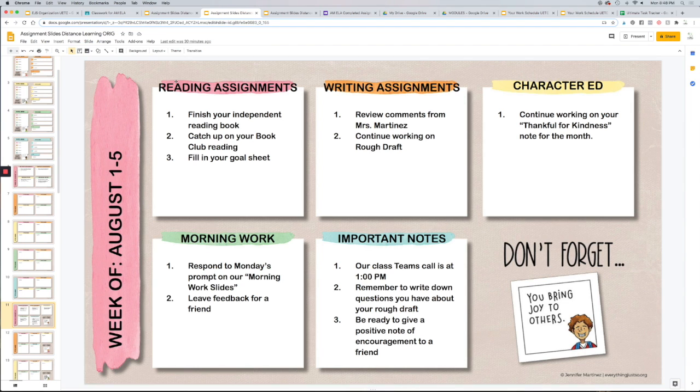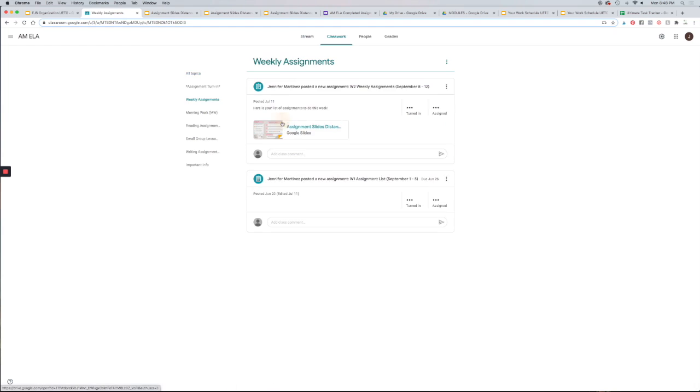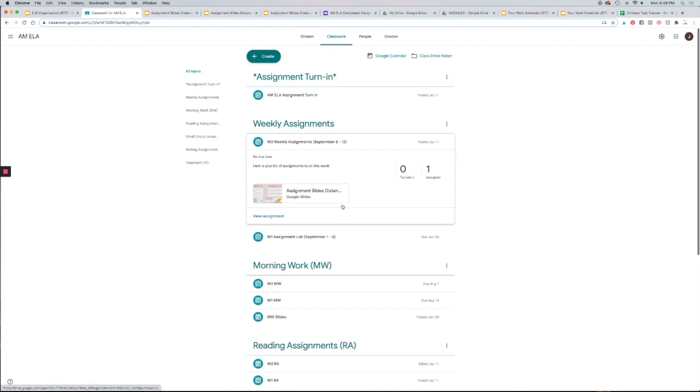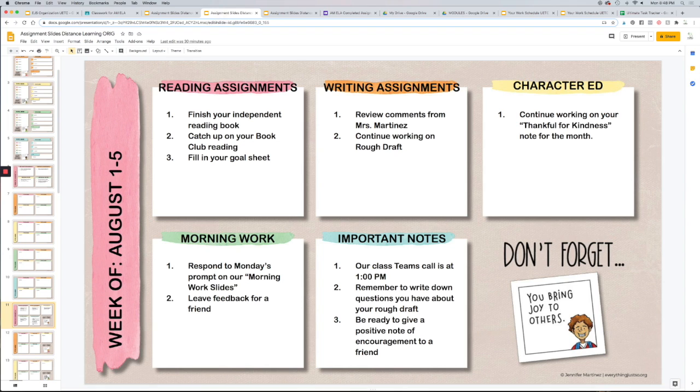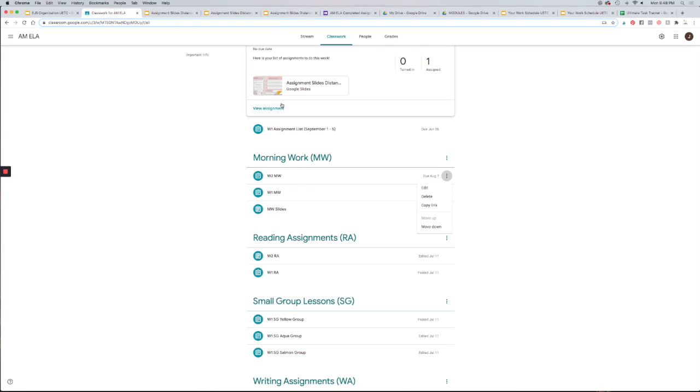And how these slides work is you first have to create the assignment here. So let's say I create a morning work assignment here and a reading assignment for this week and a small group assignment. And then you come in here, you click copy link, you go to your slide, and let's say this is that assignment, which it's not, but you come in here and you attach the link to this text. So when students receive it, after you get done assigning this to them, then all they have to do is come here, click it, and it will take them directly to the assignment